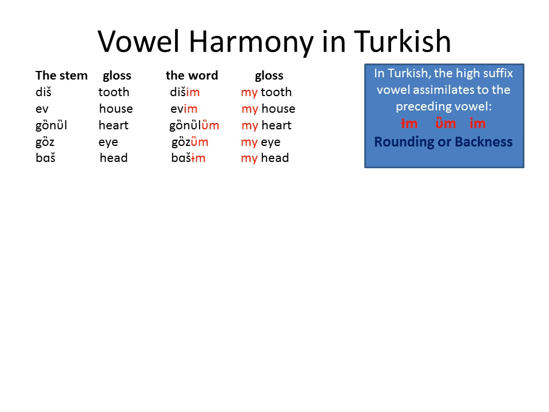If the preceding stem vowel is minus back and minus round, the suffix vowel is minus back and minus round. That is to say, assimilation takes place at the level of two distinctive features, round and